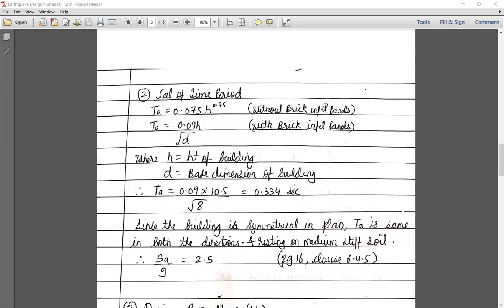Why should it not be very low? If the structure is so rigid that it is not moving at all, then there is a problem of failure. Okay, so we should not make the structure that rigid. What we try is, in case of earthquake, if the structure is moving or vibrating a little bit, then only the energy will dissipate. Are you getting? If the energy is not dissipated, if the structure is so rigid, then the structure will fail. Is this clear, everyone?